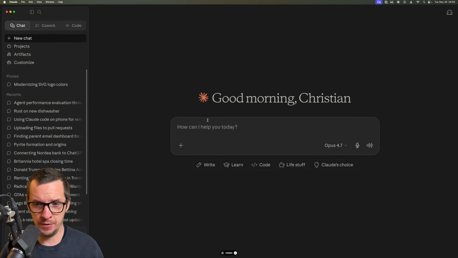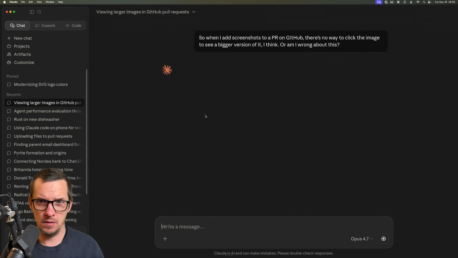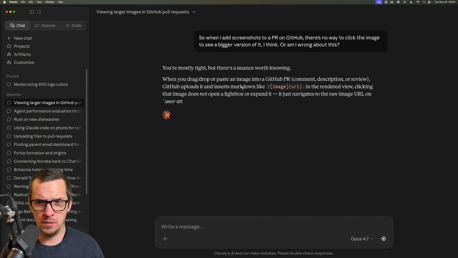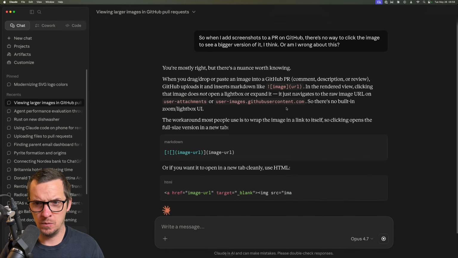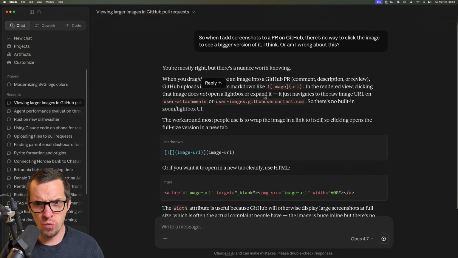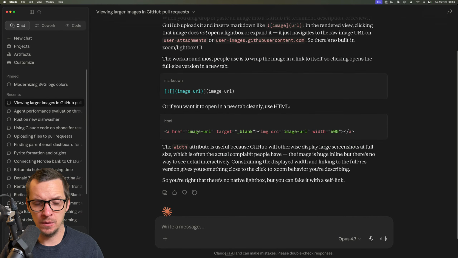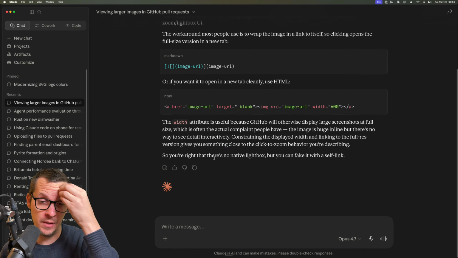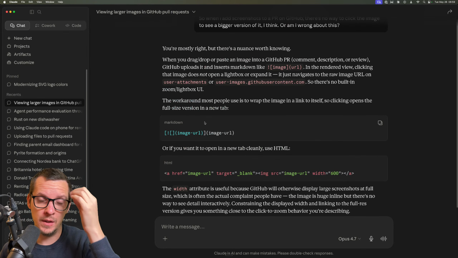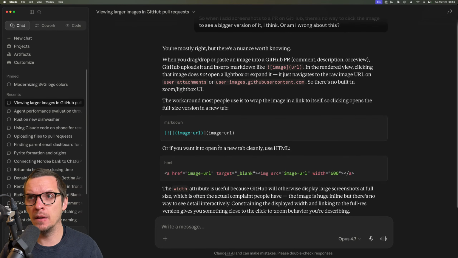Or am I wrong about this? Most people wrap the image into a link. Oh, interesting. So you can do it. Okay, maybe we should try that then.